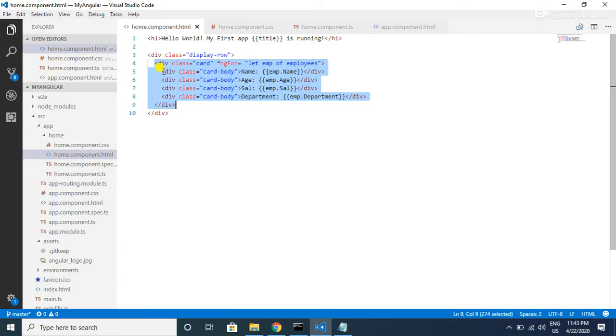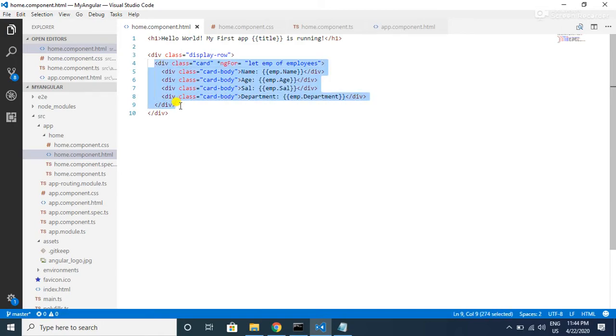Here the emp is called a template input variable. The let keyword before this emp creates a template input variable called emp. For each iteration, the ngFor directive sets emp to the current employee from the array, and the scope of this template input variable, or the iteration variable, is inside this host element.